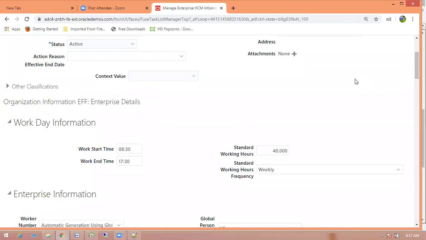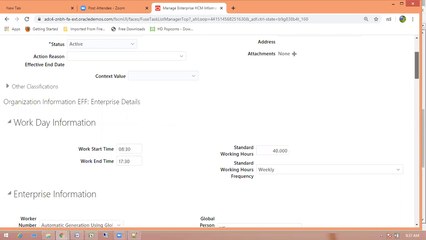Correct. First, it will check whether it is configured at assignment level, or work schedule level, or department level, legal entity level, then enterprise level. Then these are the default timings. Still, if you have not configured at enterprise level also, then default timings will be 8 or 8:30 to 5 something. Default time will come if you have not configured.